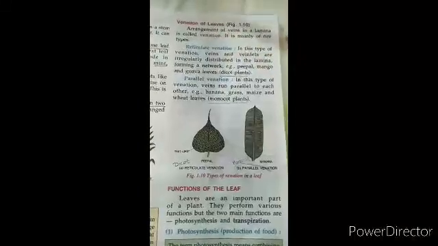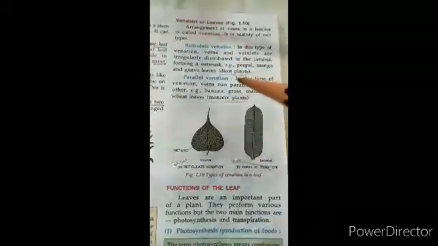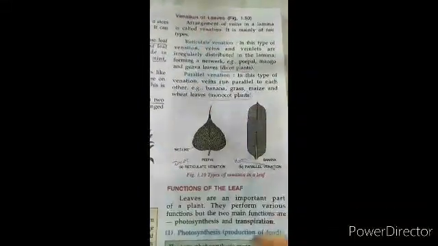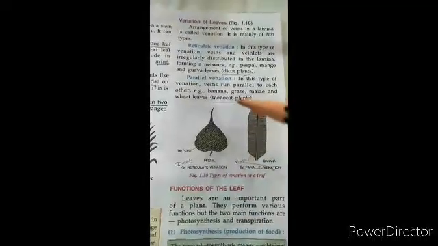So here we came to know the venation of leaves is of 2 types. Reticulate venation found in dicot plants, and parallel venation found in monocot plants. Typical examples in the diagrams are here for you to see. You can easily see here the veins are parallel, and here they are at a certain angle as normally found.